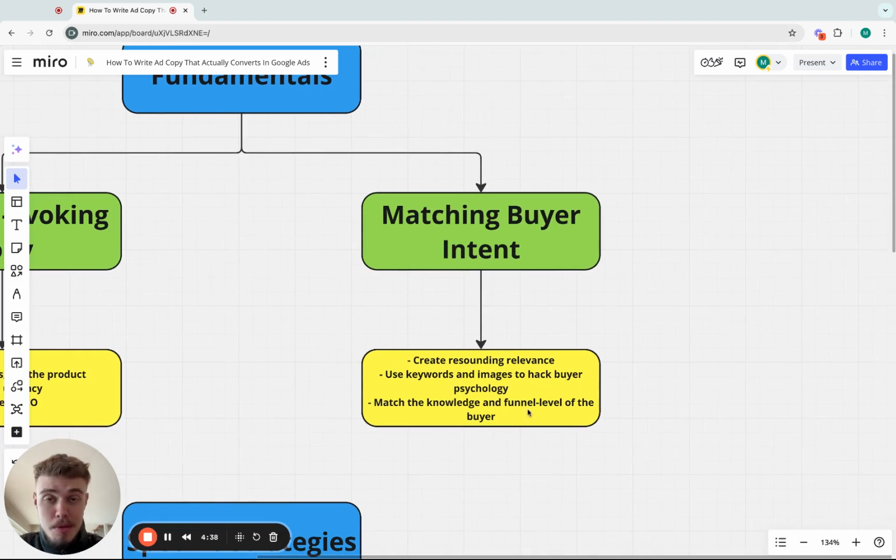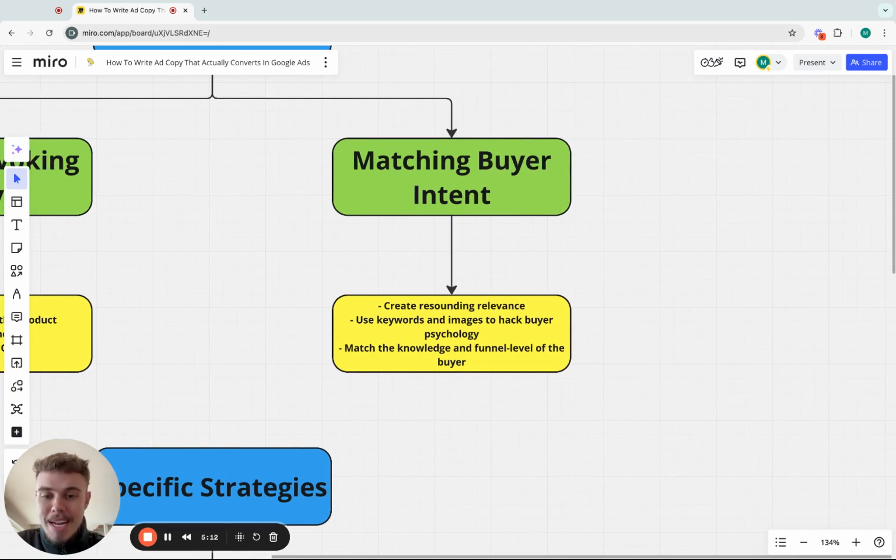Keywords and images, both of which together. So when you show someone an image of, for example, the end result that they're looking for, the clear skin, it's going to make them automatically recognize in their brain, completely psychologically, subconsciously rather, they're immediately going to realize that this is a relevant solution, a relevant ad, and a relevant product. It's exactly what they're looking for and it's what they need, and they're probably going to click through. And at the same time, it's also increasing your conversion rate in that it makes them realize it's a product that they probably want to buy.